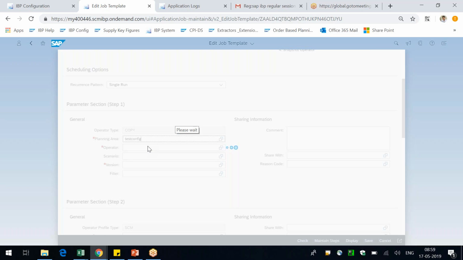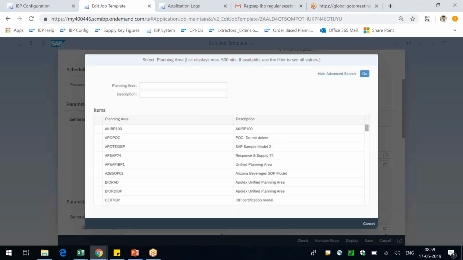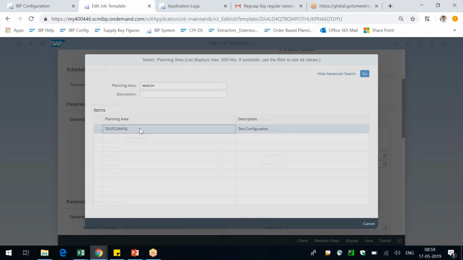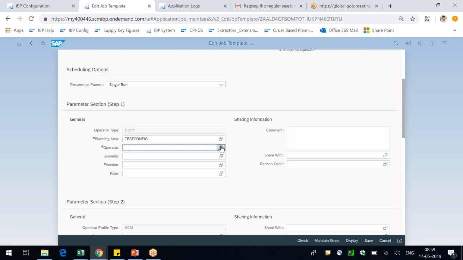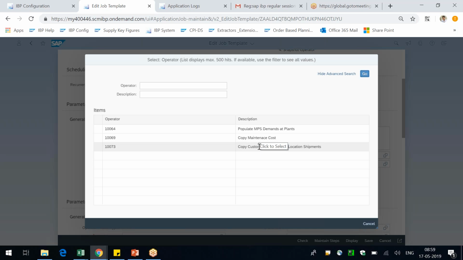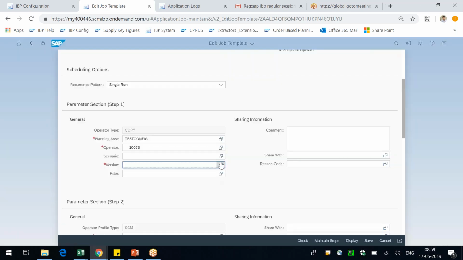So give a test config planning area and then pick up the operator from here, pick up the version, go to step 2. So it is giving all the planning areas. Test config is a planning area. Pick up the operator. Now whatever is available, it will list. Copy customer shipments, give a version,